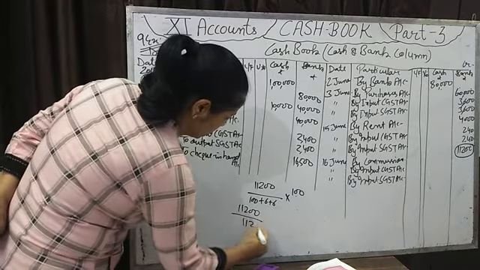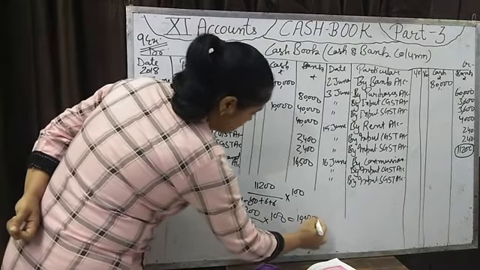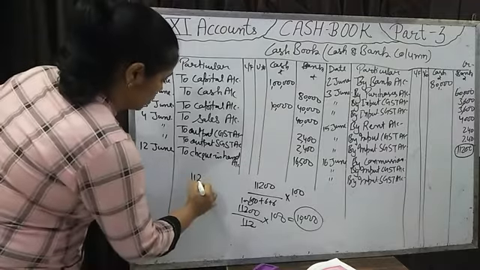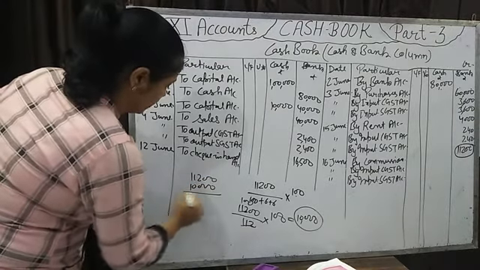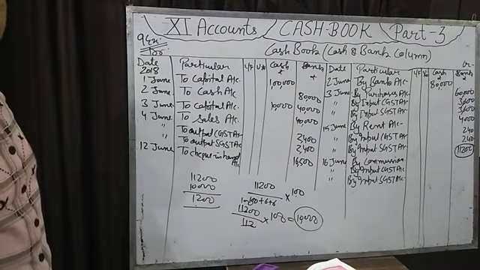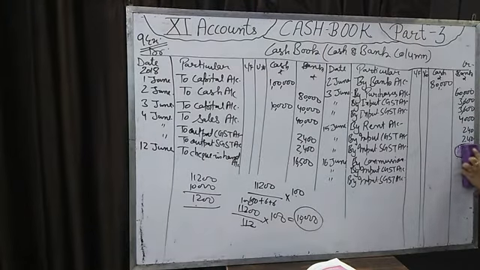11,200 divided by 112 multiplied by 100. It will come to 10,000. It means the commission is 10,000. And if we deduct 10,000 from 11,200, then we will get 1,200. It is the amount of CGST and SGST. That is the same, so 600 of CGST and 600 of SGST. So what will we write here? Not 11,200. We will write here 10,000 and 600, 600. Got it?